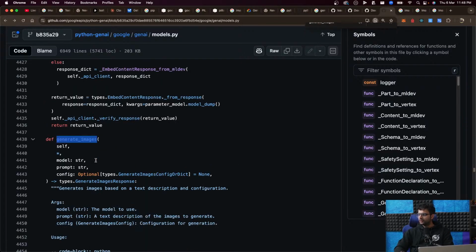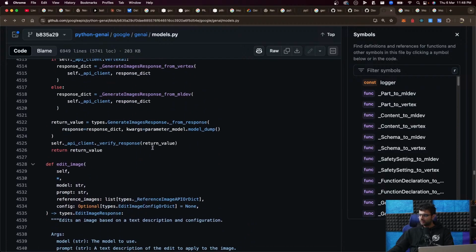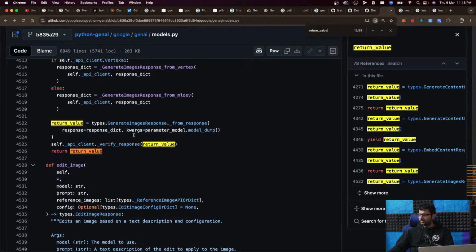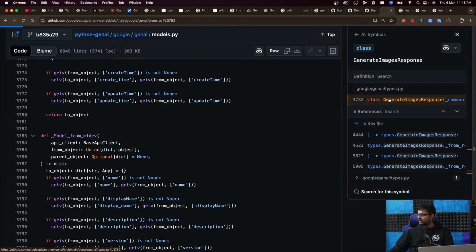Generate images. What does it return? It returns the return value, which is GenerateImageResponse. So there you go.